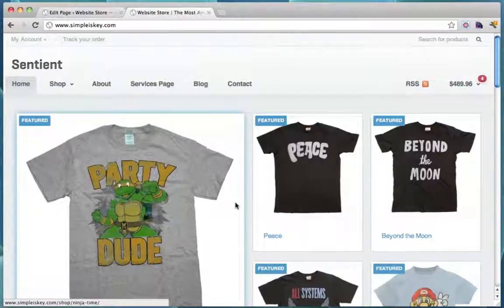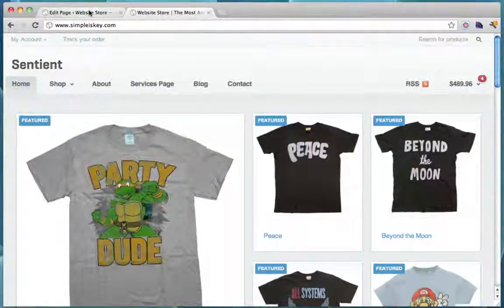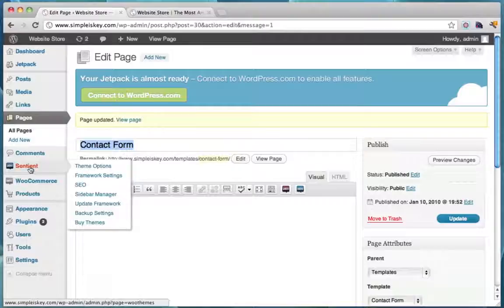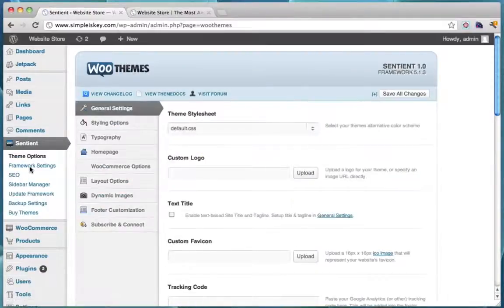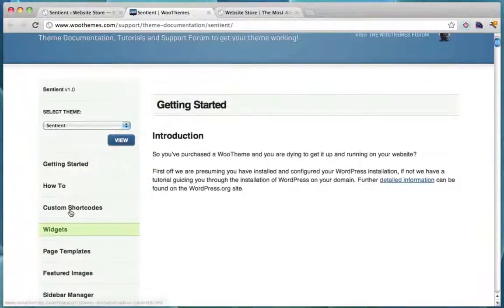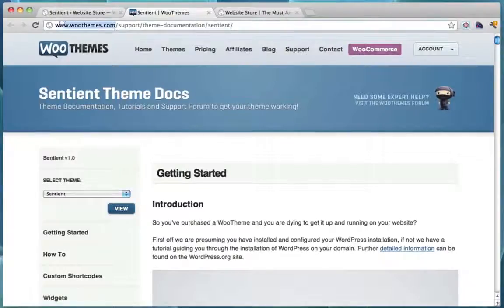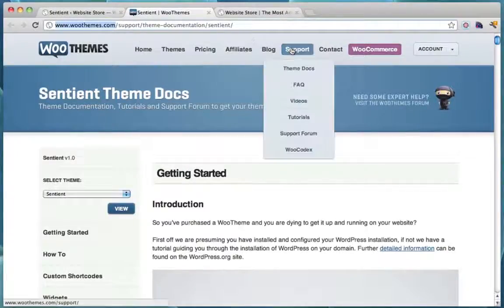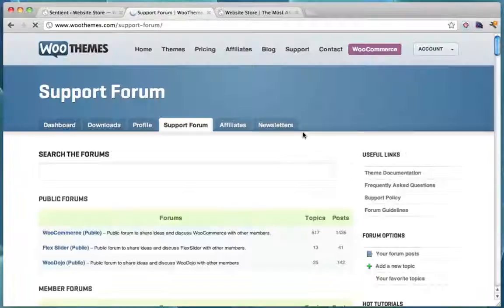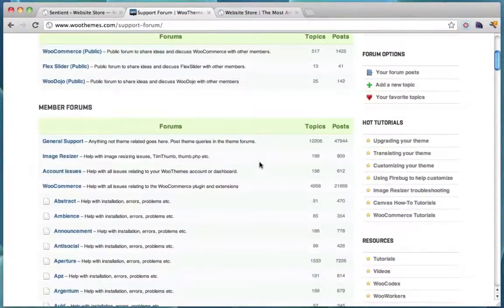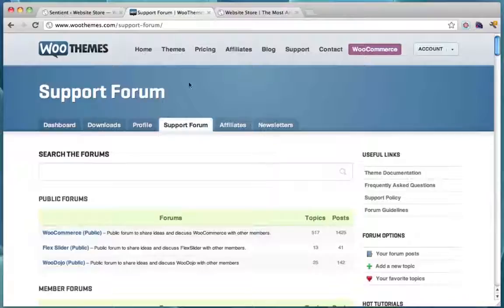So that concludes this video. There are probably a few more questions you have on tweaking some things, but what you can do is you can go to the Sentient and you can go View Theme Docs, and this will take you to the theme documentation where you can learn a lot of different things. If you also go to the wufoo.com website, there's support. So you go to support and you can go to the support form. And this will allow you to ask any questions that you have. And since you bought it, you get free support